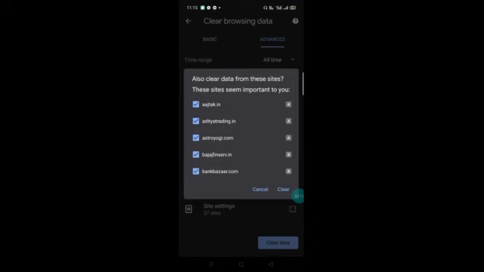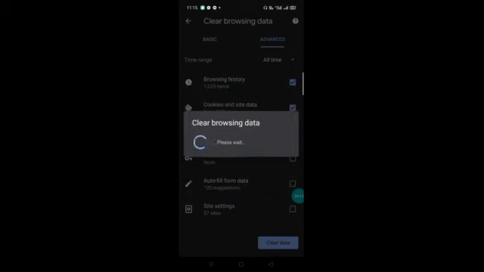Now click on clear, and all information will be erased. It will take time, because it contains all your previous information, whichever sites you have browsed, whichever images you have taken, that have gone to the cache. All that will be deleted, so it will take time.